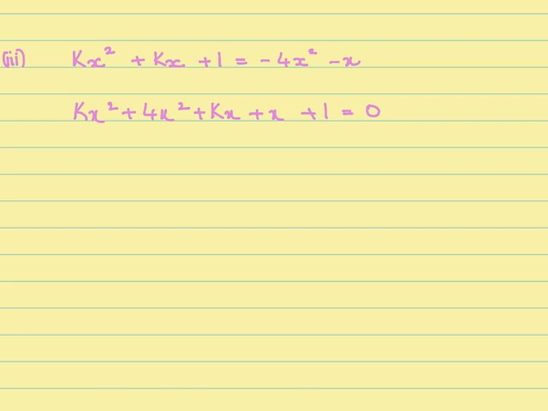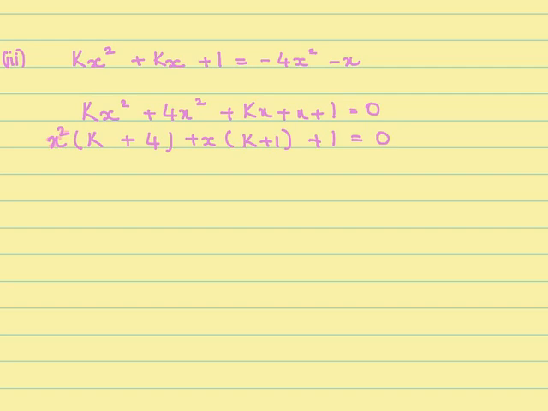Now from these two terms, I'm going to take x squared common out. So if I take x squared common out, what remains inside is k plus 4. Here too I'm going to take x common out. So what remains inside is k plus 1. Plus 1 equals 0. Now since I've written it in proper form, I now compare with